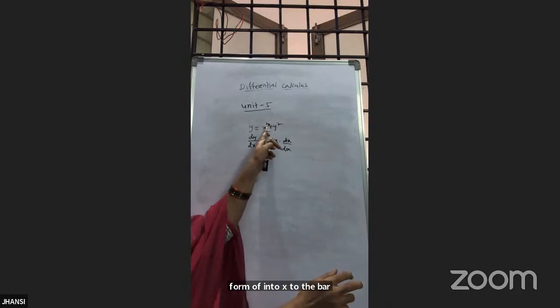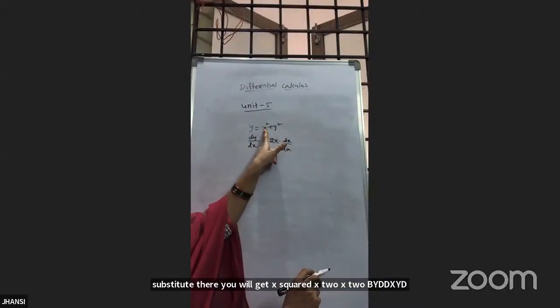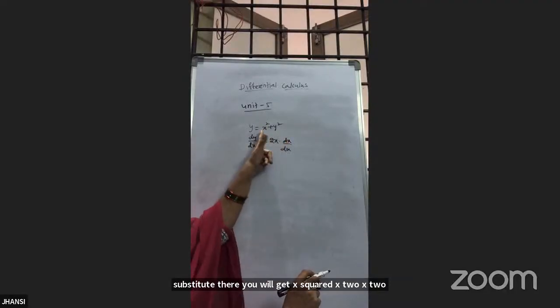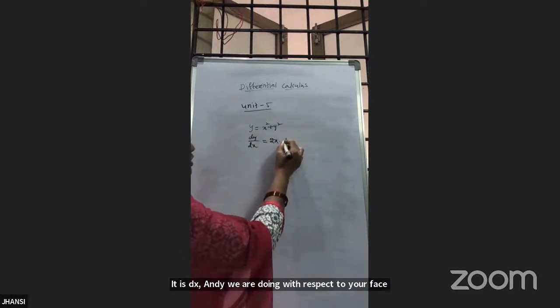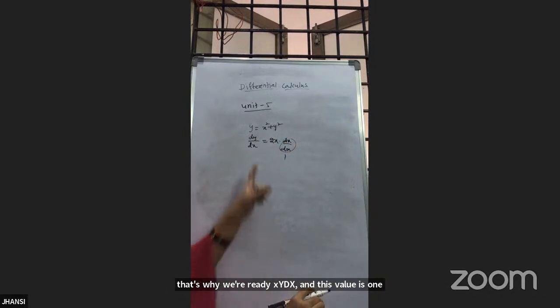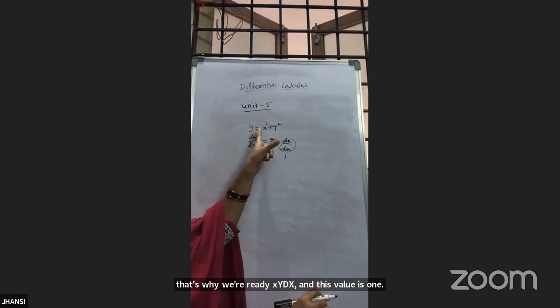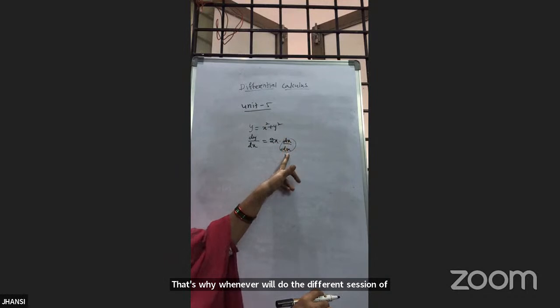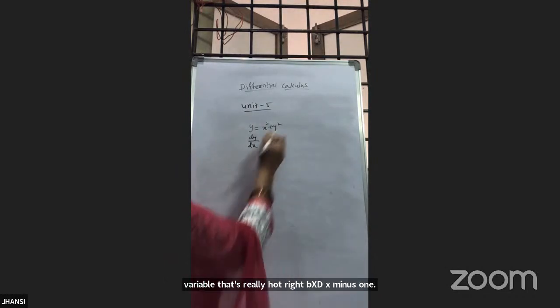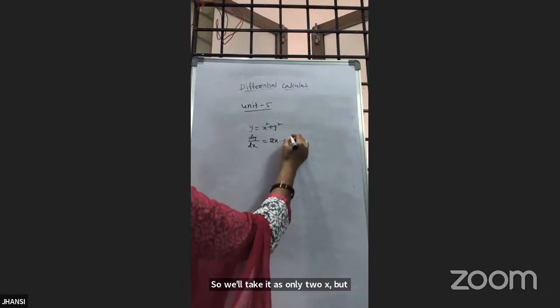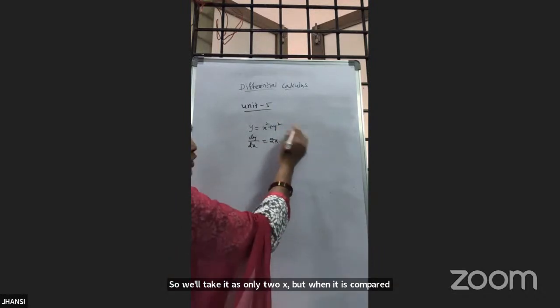Why dx by dx? Because we are doing it with respect to x, and this value is 1. That's why whenever we differentiate variable x, we don't write dx by dx, because it's 1, so we take it as only 2x. But for y square, it is 2y into, since you are doing it with respect to y,